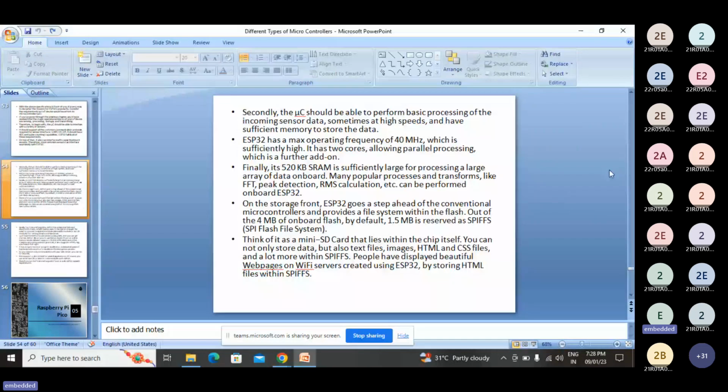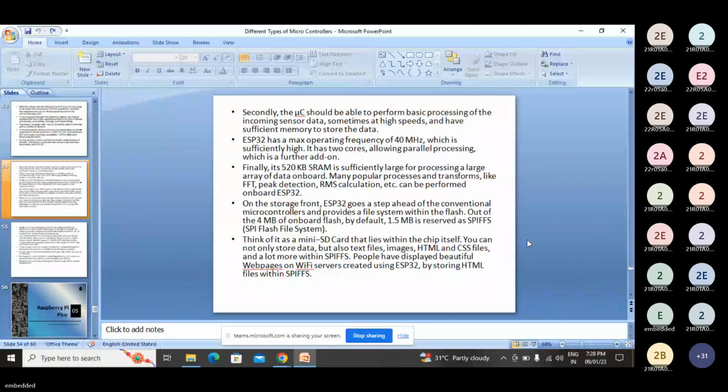Think of it as a mini SD card that lies within the chip itself. You can store not only data, but also text files, images, HTML and CSS files, and more within SPIFFS. People have displayed beautiful web pages on Wi-Fi servers created using ESP32 by storing HTML files within the SPI flash file